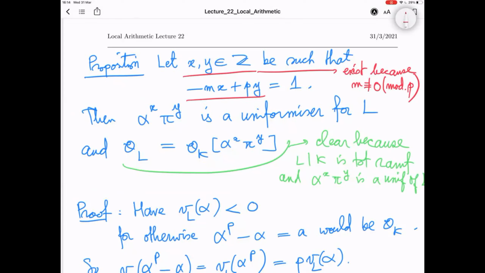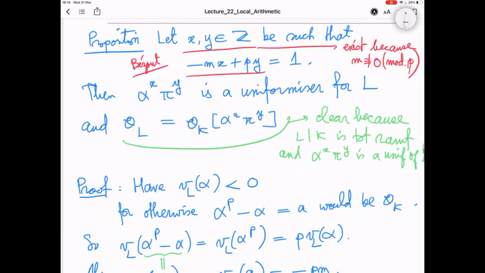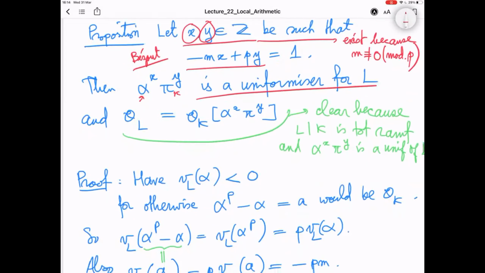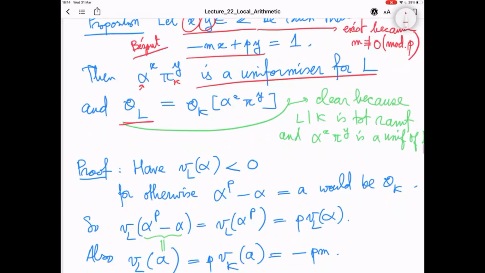Sometimes this is called Bézout's theorem or something, the existence of such x and y. Anyway, so I have an alpha and I have pi k, so I can talk about alpha to the x. I choose any x and y which satisfy this equation. I take alpha to the x, pi k to the y, and I claim that this is a uniformizer for L, and OL is actually